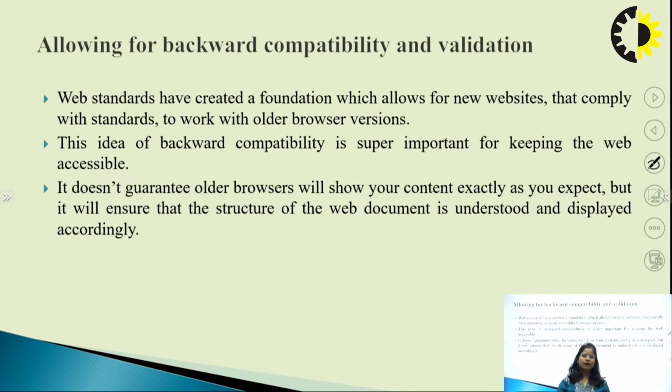Allowing for backward compatibility and validation. Web standards have created a foundation which allows new websites that comply with standards to work with older browser versions.